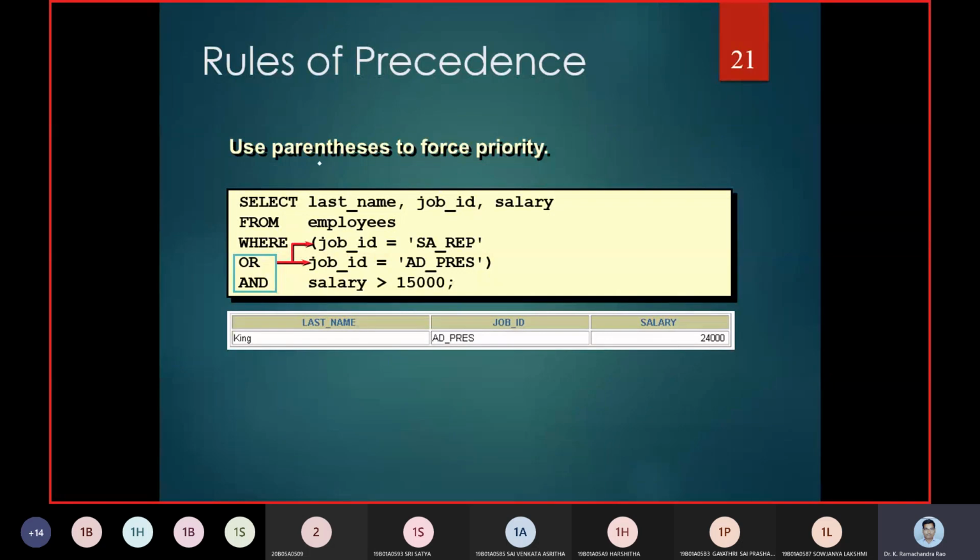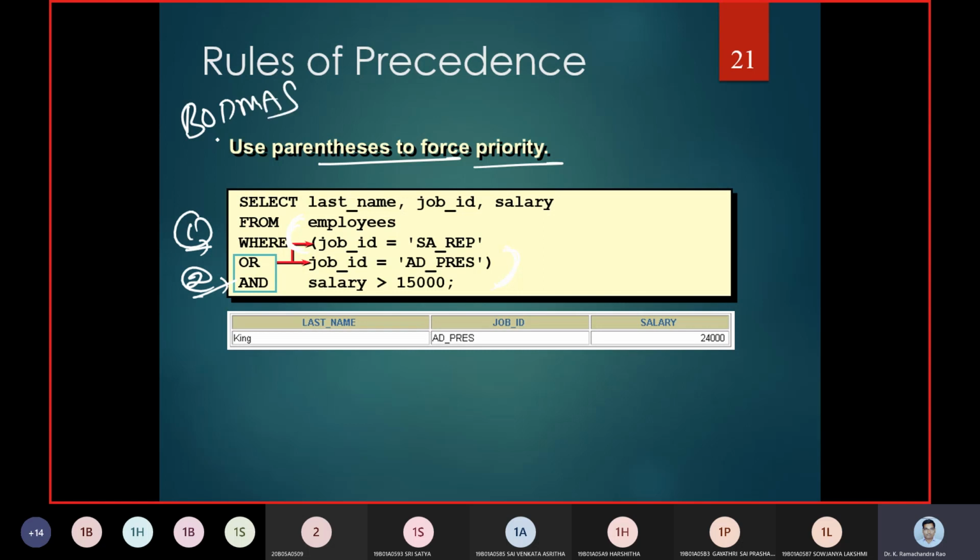But now we are going to use parentheses, and parentheses are going to have a high priority in this case. Now you can see that from the AND operation to the OR operation we are going to have a parenthesis. The situation was that first we use the parenthesis as a forced priority, and then we make up the AND operation.